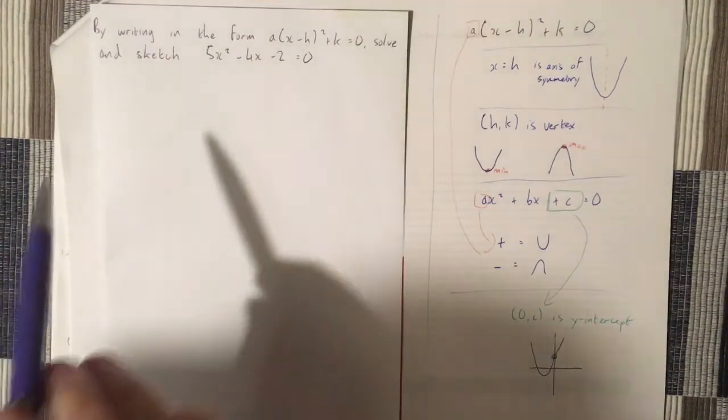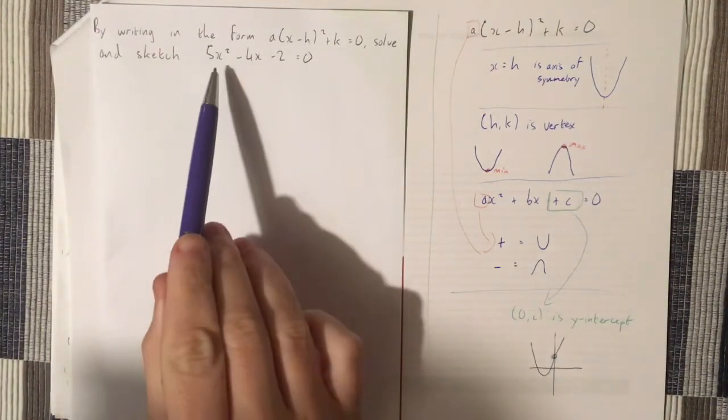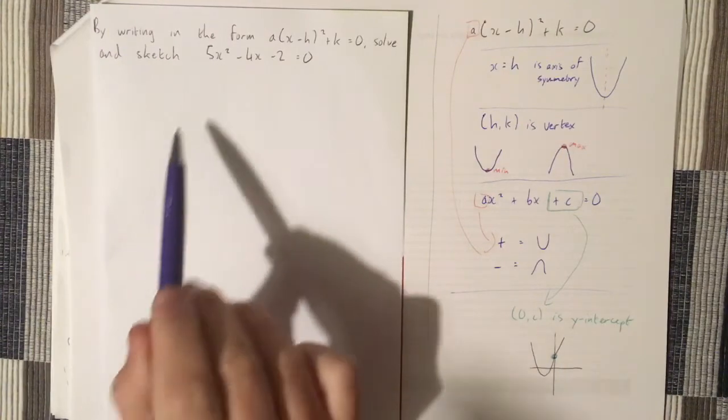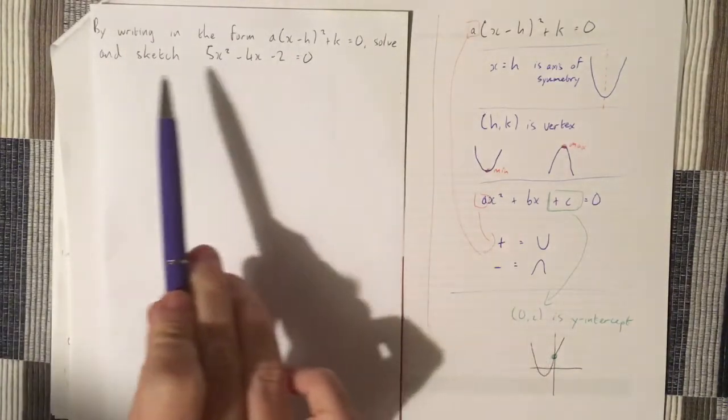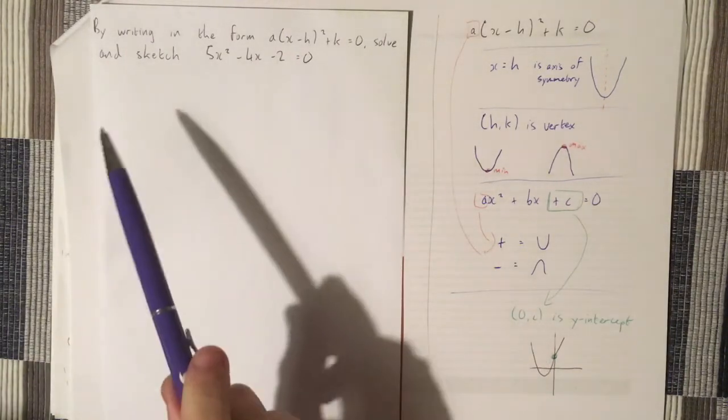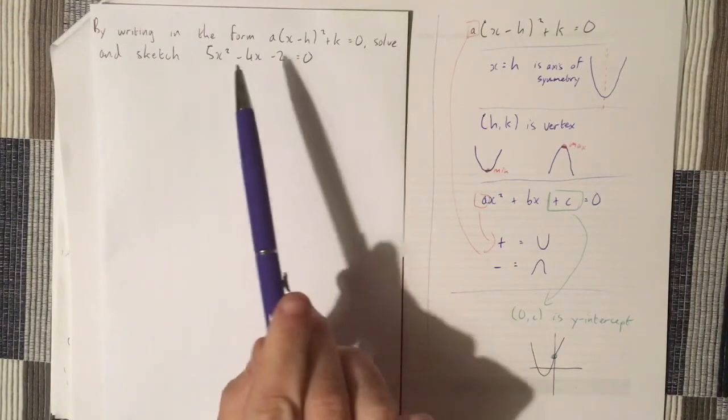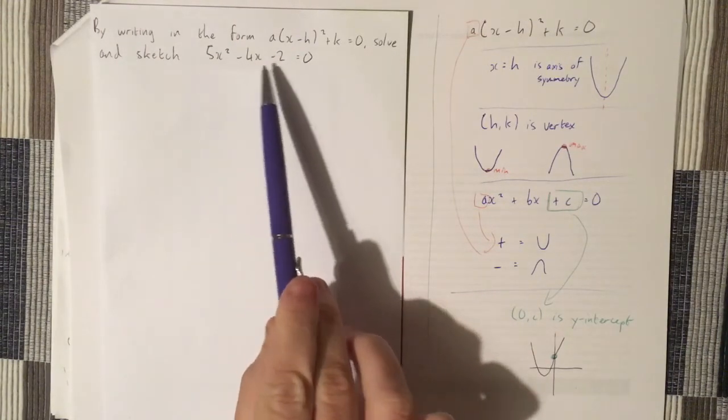All right, so I'm going to look at a completing the square question where there is a coefficient on the x squared, where there is a number in front of the x squared, and looking at a question where I'm asked to both solve it and sketch it. And the sketch is significant here because